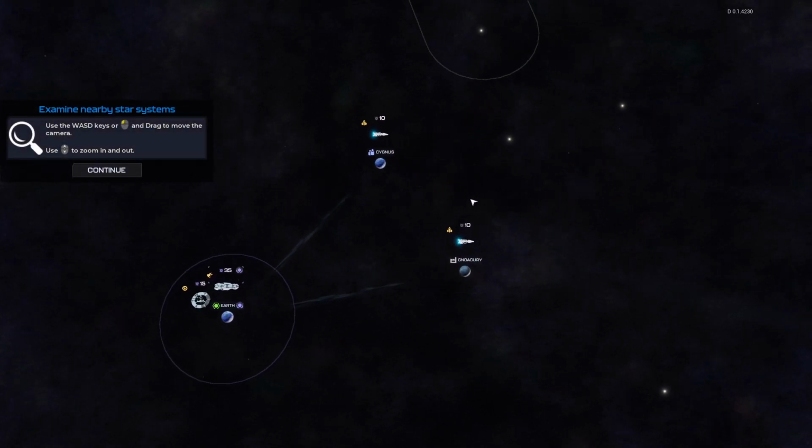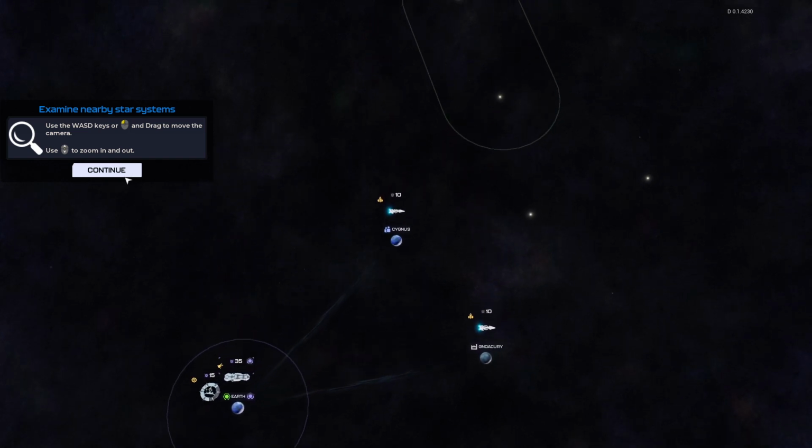Examine nearby star systems. Use the WASD keys or the left mouse button to move the camera, zoom in and